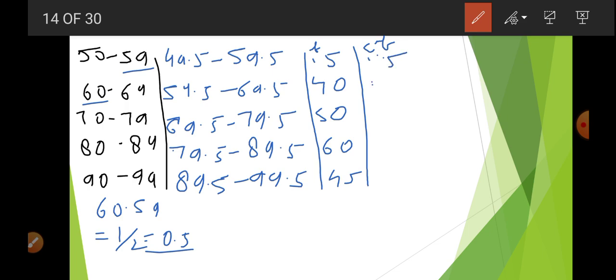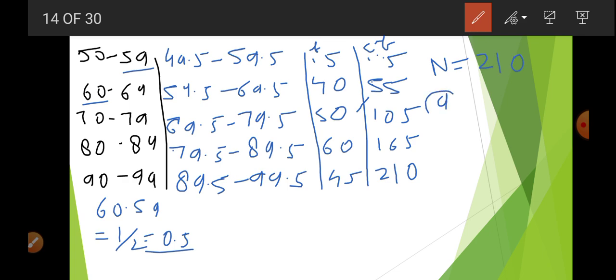Now 15 plus 40 will be 55, and 55 plus 50 will be 105, and 105 plus 60 will be 165, and 165 plus 45 will be 210. Yani n is equal to what? 210. So first equation we are going to use is n upon 2, yani 210 upon 2,